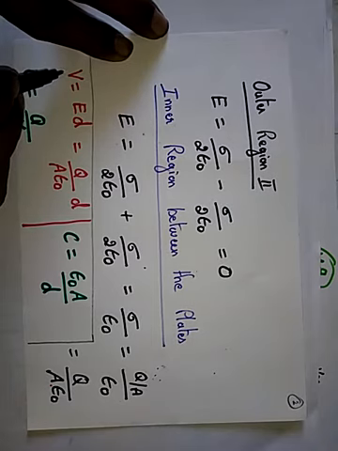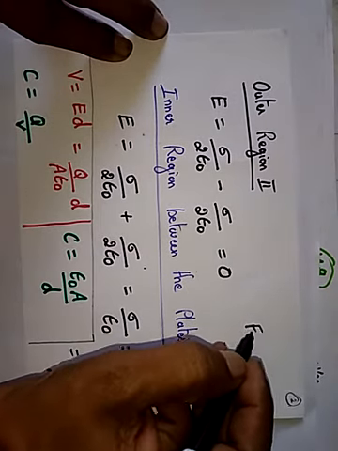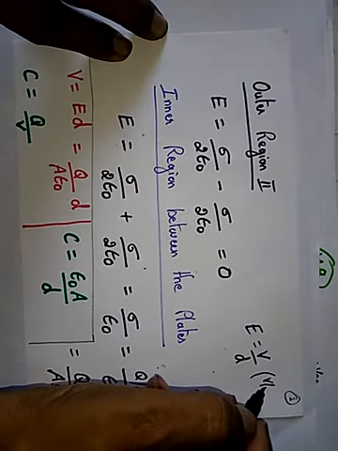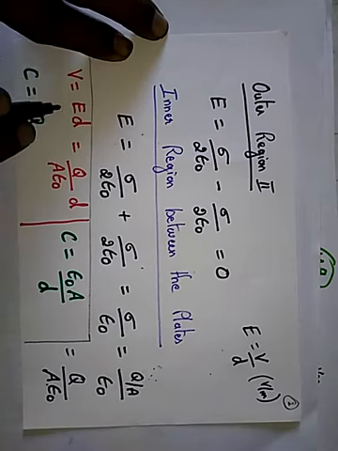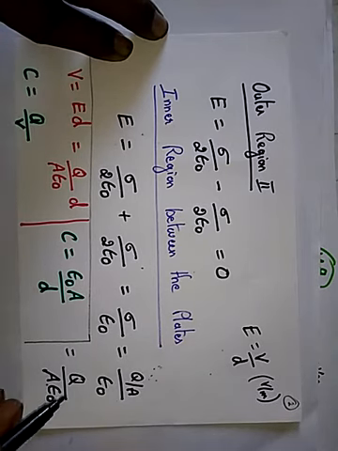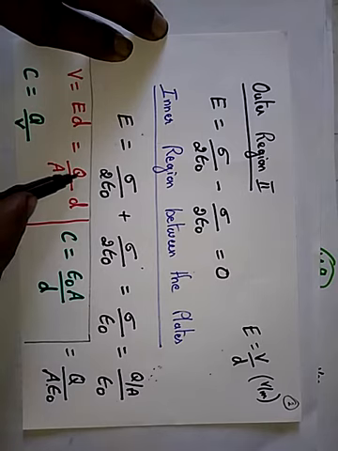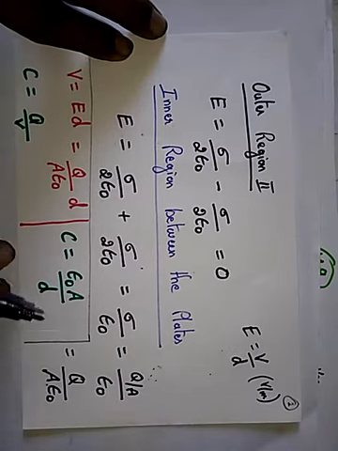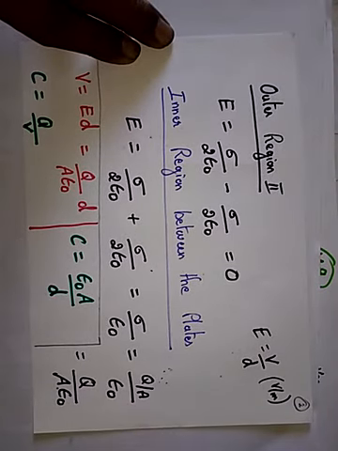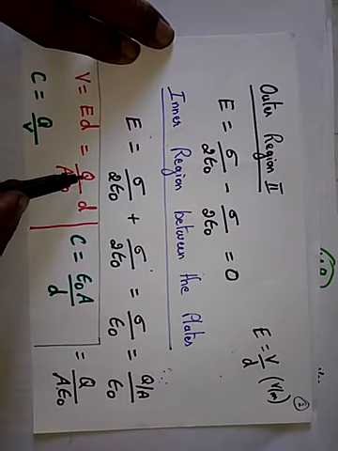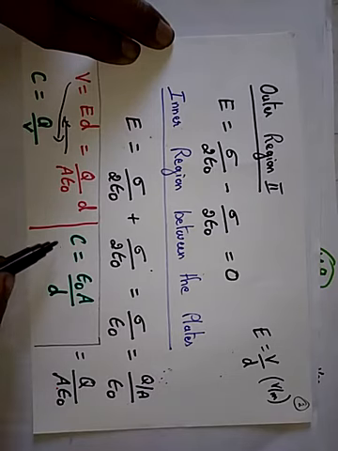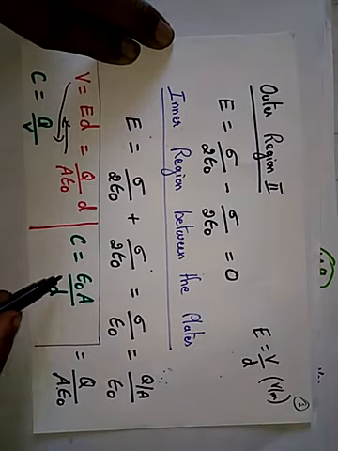We know that voltage is equal to E into d, or electric field is equal to voltage divided by distance. That is, the unit is volts per meter. That is, V is equal to E into d. So we got the result for E, which is Q divided by epsilon naught A, so V is Q divided by epsilon naught A into d. We know the formula for capacitance: C is equal to Q by V. So you bring this V to this side and move the A epsilon naught to the other side. So the capacitance now will become epsilon naught A by d.